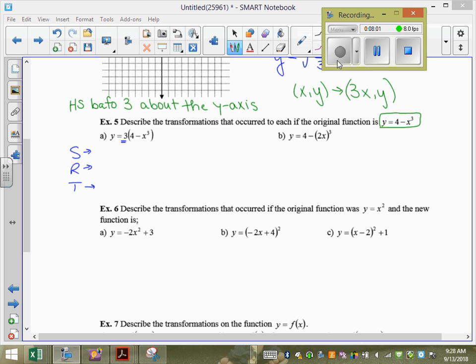And then we have a vertical stretch by a factor of... Are we allowed to write VS on our test? No. That's a definite no. Vertical stretch by a factor of 3 about the